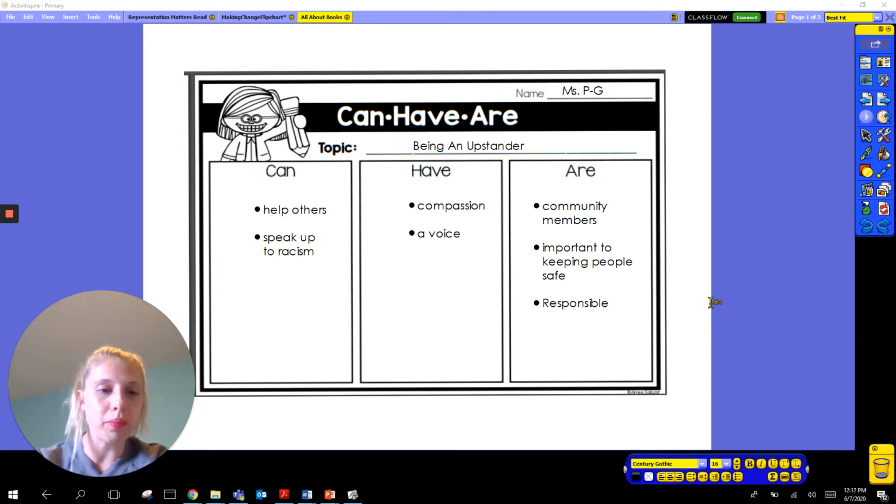So, I wrote about being an upstander. This ties directly in with our work around recognizing racism, knowing racism, and calling it out. And that's what we talked about in small group this past week. We are going to continue learning about Black and Brown people, and also continue learning about inclusion, so, being welcome as part of a group. And today, I really wanted to talk about being an upstander.